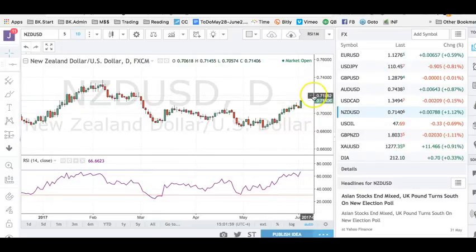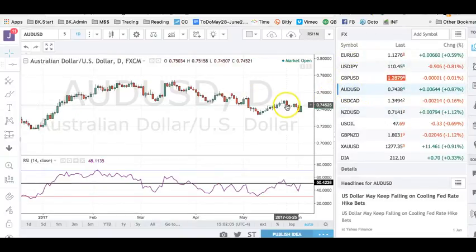And Kiwi has potential to go up to the 72 handle before it really meets some serious resistance, whereas Aussie is very much resisting between 74.50 and 75. I think it would have a hard time making any move there. A move to the downside would only, I think, be precipitated if the market started to worry that the RBA is actually moving back from neutral to dovish territory.